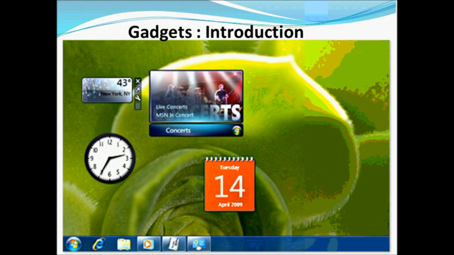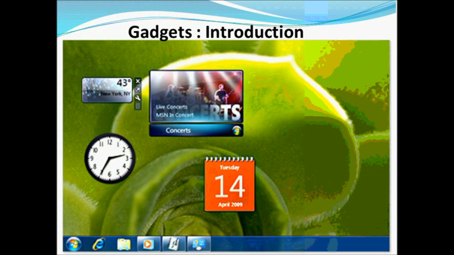So, with the gadgets that are included in Windows 7, you can keep an eye on the weather, news, or traffic, or your system performance, even your daily tasks. You can run an endless slideshow of your favorite photos, all with these simple desktop programs. The gadgets put information and fun like news, pictures, games, and phases of the moon right on your desktop.